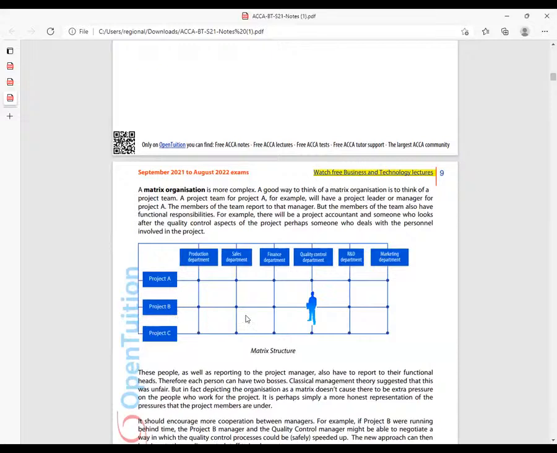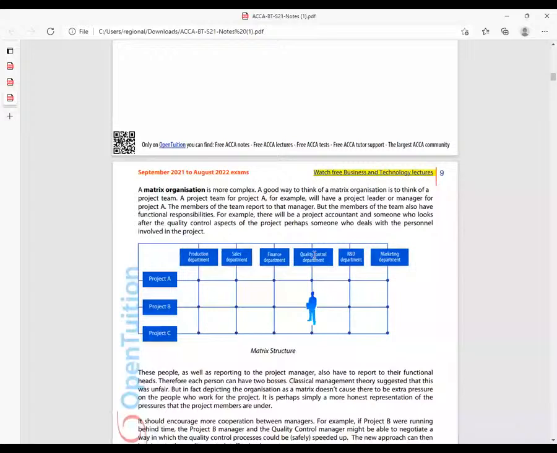And then, of course, if I'm the one, ladies and gentlemen, this gentleman who is standing here, you can see I'll be having this boss that I'm reporting to horizontally. Of course, we could even be at the same level. This guy, project B's manager, could be at the same level as me as a manager. But at the end of the day, as regards this project, I must report to him. Every day there are reports I must give to him to ensure that my project is on track. And then I could be having another boss on top of me, another boss up there, for example, the quality control department boss.